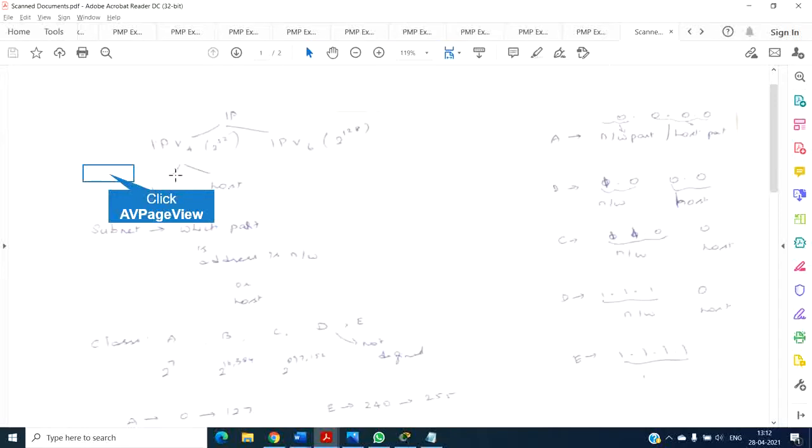An IPv4 address is basically divided into two different parts. One part talks about the network, the other part talks about the host. This is how an IP address is defined. When I say an IP address, it gives me information about both the network as well as the host. That is how a well-defined IP address looks.